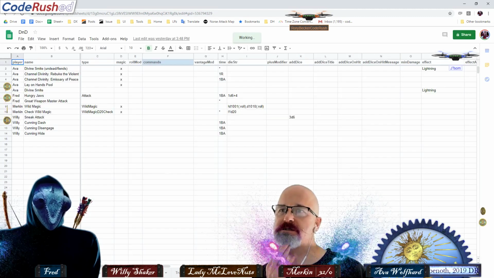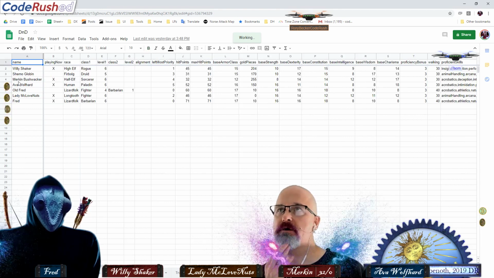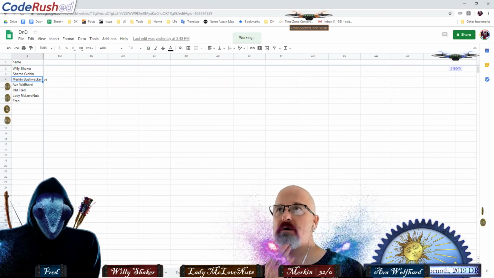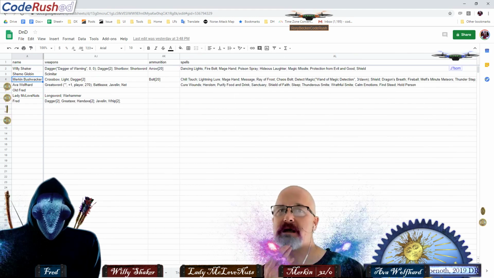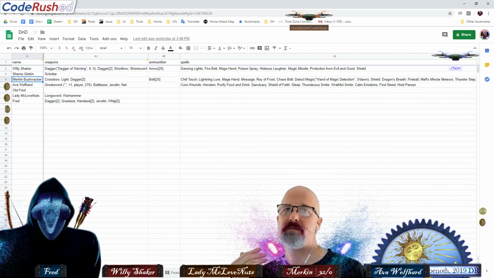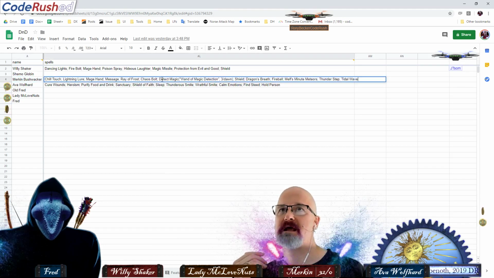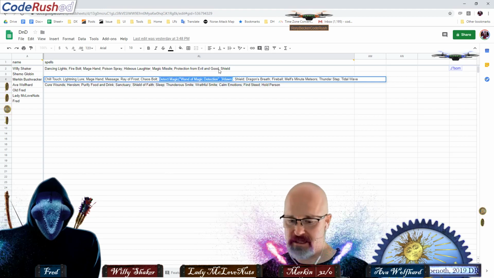And go to players, and go to Merkin, that's me, my character. And go out to spells, and this is where I decided to put it. Now, I've thought about this. Maybe it makes more sense to put this in as a spell instead of a wand, which I've got, here's the spell declaration for it right there.